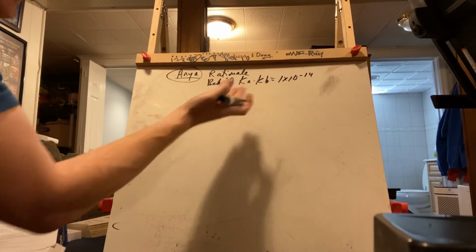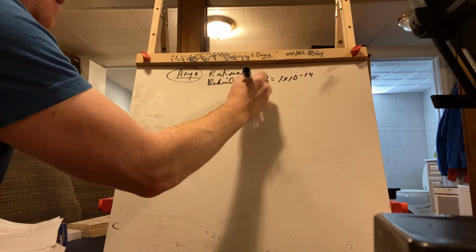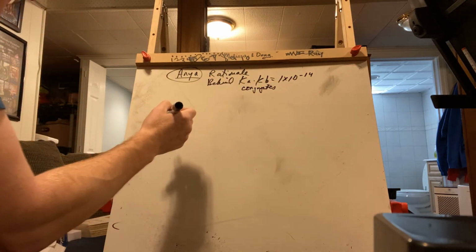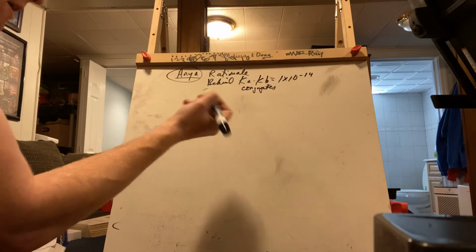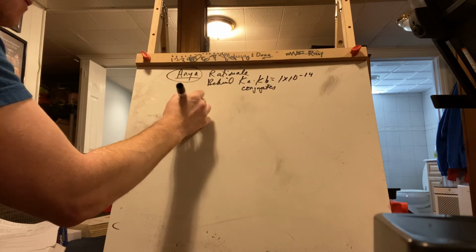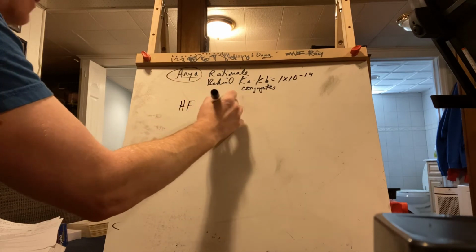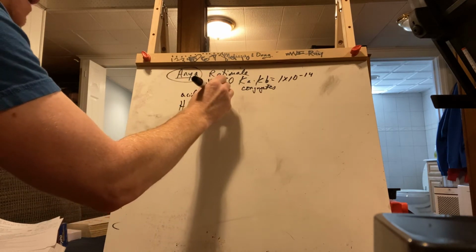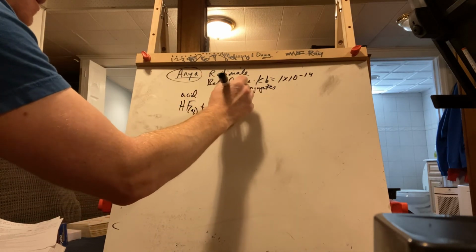So the answer is actually pretty easy. Remember, these are conjugates of each other. So let's say I got some acid. We'll use HF. So I say HF plus H2O. So here's my acid. My Ka of this one is